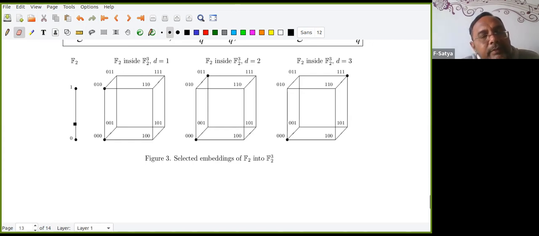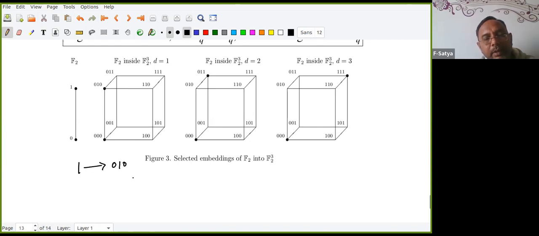What is the basis here? What is the basis for F_2? So you are facing problems. What can I do? F_2 is a vector space. It has only 2 elements. So it has a basis of dimension 1, right? 1 is the basis. It is sufficient to map 1, where 1 maps to 0, 1, 0. This is the map.